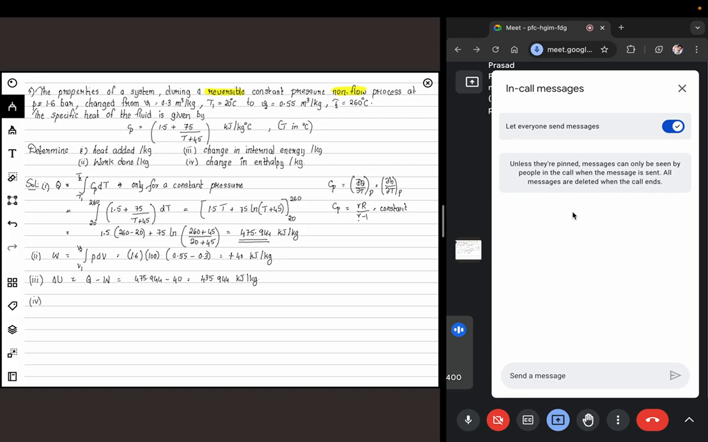Now, how do I calculate change in enthalpy? Just as we have done in the previous problem, change in enthalpy is change in internal energy plus change in PV. H is defined as U plus PV, or just to be consistent with the notation, since U is in kilojoule per kilogram. So the delta U you have already calculated,